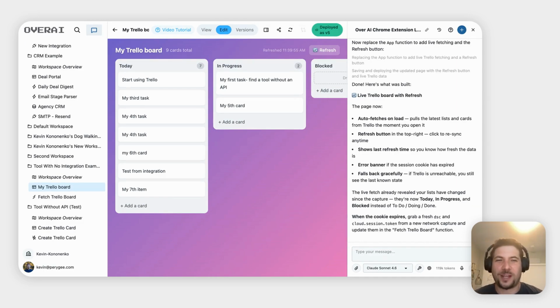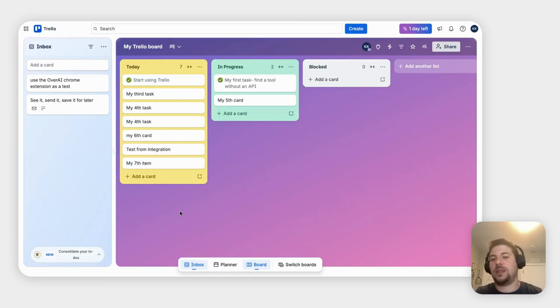So before we create a form here to add a new card to the board, we first need to acknowledge that our little software service here doesn't really know what a post request in Trello looks like. It doesn't have anything to successfully send that back to Trello, so we need another network recording. And so I'm going to go back to the Trello board, and the thing we want is just the add a card